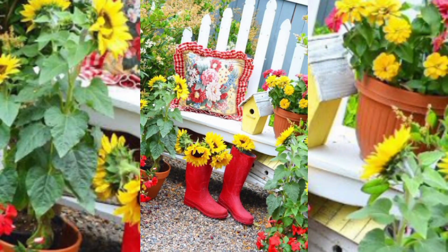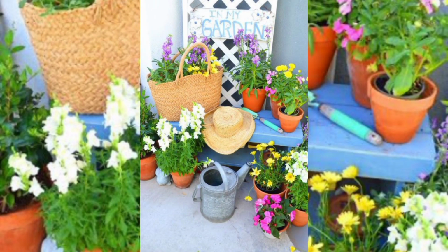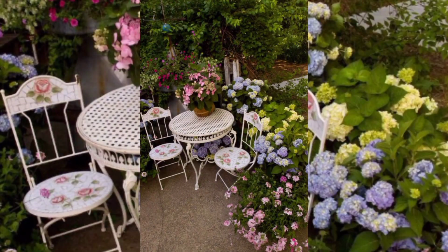Garden signs. Personalize your garden with homemade signs that display quotations, plant names, or directions. Use reclaimed wood or repurposed material and paint them with